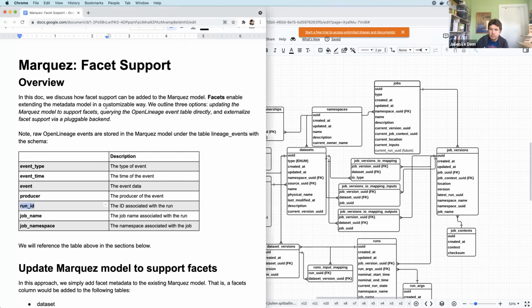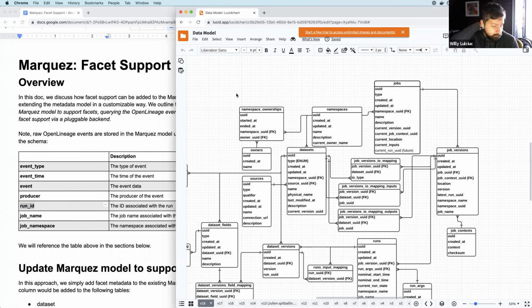This doc we'll put in an open issue so that others can take a look at it and maybe provide some feedback. But initially, we're just going to query the OpenLineage table and parse the event JSON. So cool. The next thing I wanted to talk about,